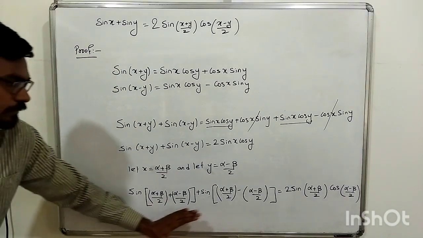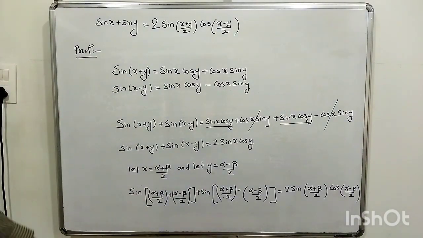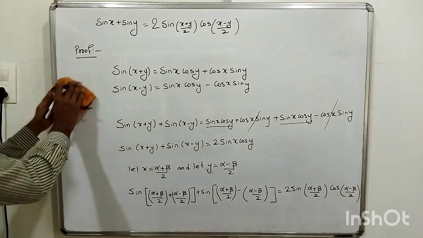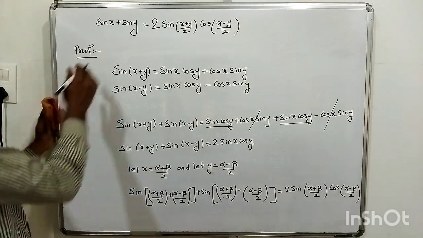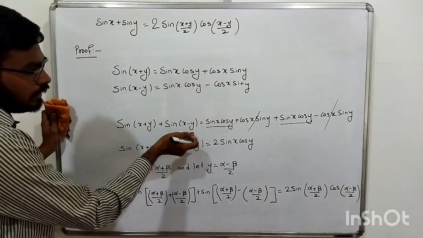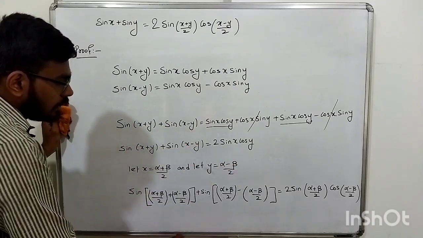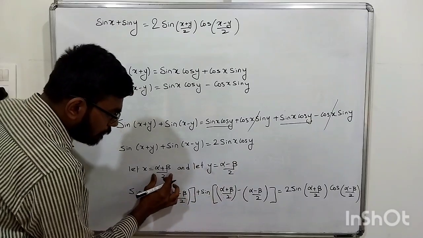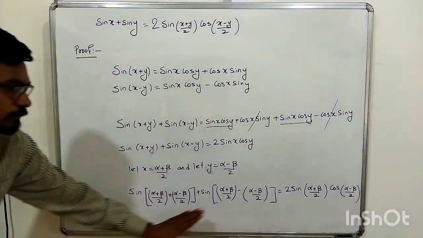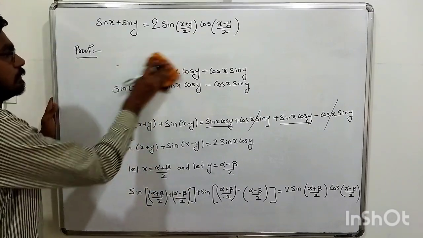Next you have to just simplify this, and you must get alpha and beta there, as you all know. So I'll rub this, we'll continue. First I took these formulas, I added here, then we get one formula. Now in place of x I am writing alpha plus beta upon 2, in place of y I am writing alpha minus beta upon 2. Now I'll just simplify this.